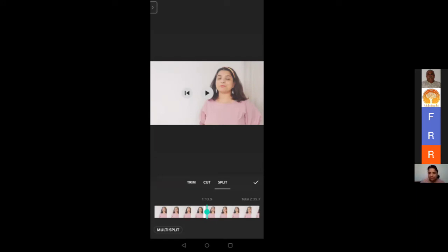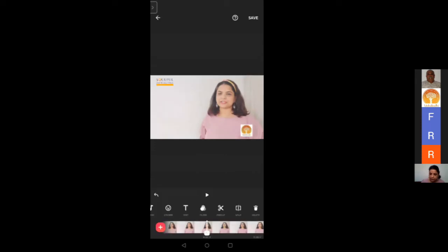जैसे एक बार split करेंगे तो half होगा. There is an option of multi split also. So if you click on multi split, then wherever you put the cursor, it will split it up. Okay, so एक split यहाँ हो जाएगा. ठीक है, एक split already हो चुका है. Then you can just go and select one more split. See, my video has already got splitted into 3 sections. Can you see? Earlier it was only 1 section. Now it is 3 sections.